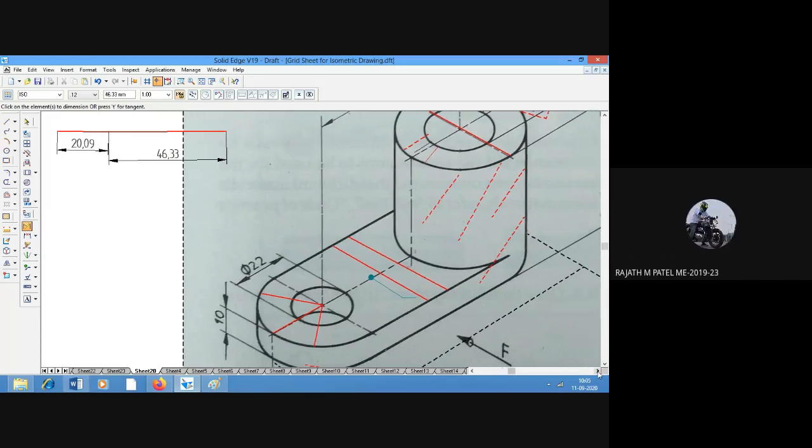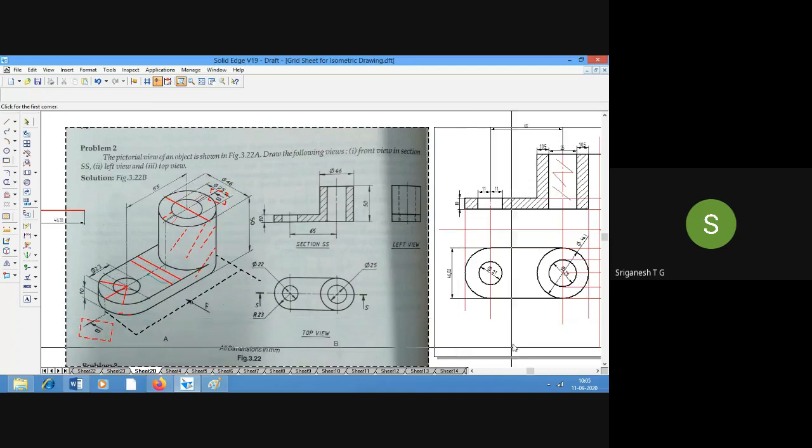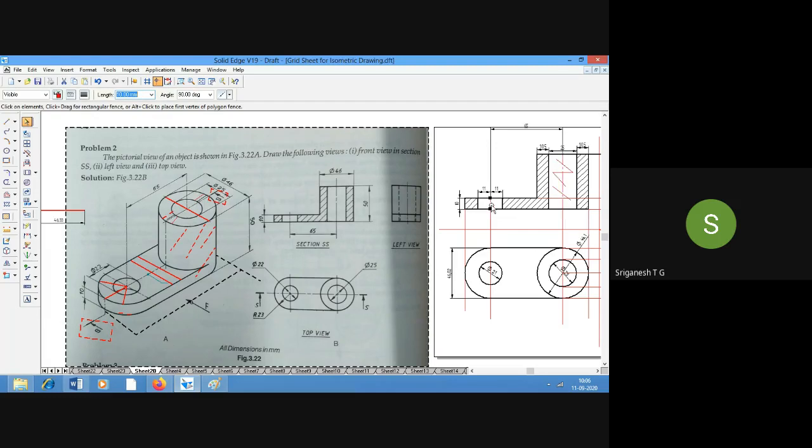Now, your doubt? Please zoom out, sir. So now, is it clear how I got that? Sometimes they will not give everything. They will not give a complete length. In this case, they have not given the length of the object at all. We have to calculate it. So now look here, from the center of this hole to the center of the other hole, the distance is 65. They have given.